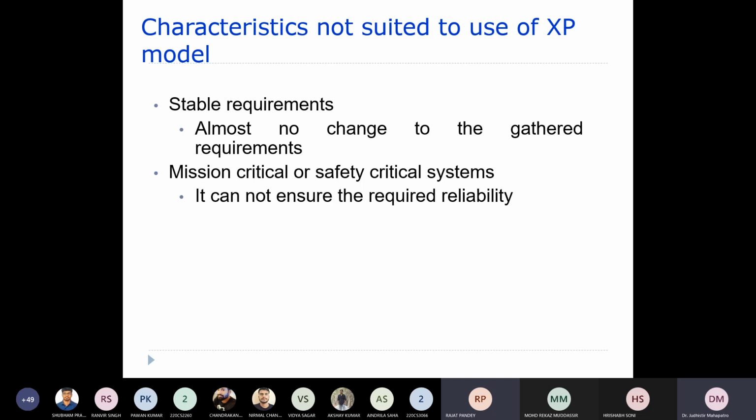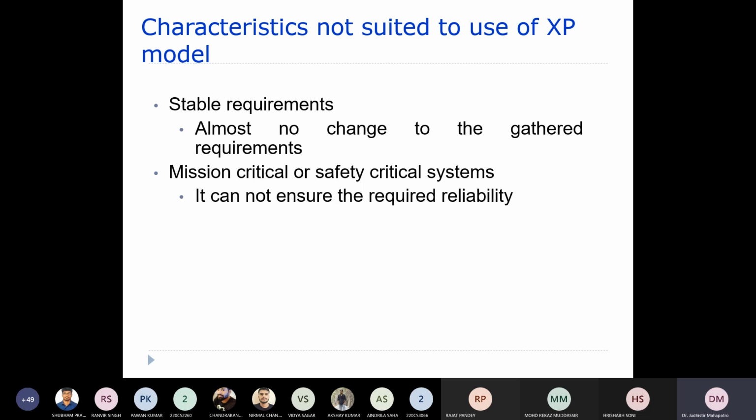A clarification: there's no documentation like an SRS document? Yes, that is what I told you before while having discussions on the agile model. It is one of the agile models, right? When I was discussing the agile model, I told you they usually have little documentation. As a result, it creates a lot of problems during maintenance and so on.